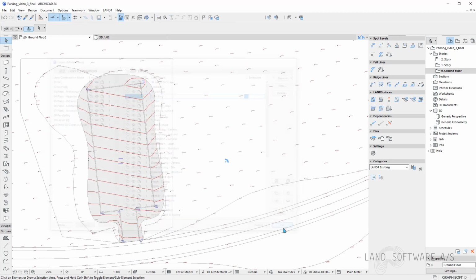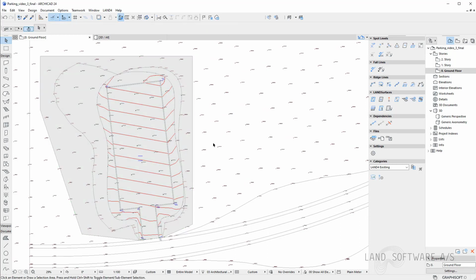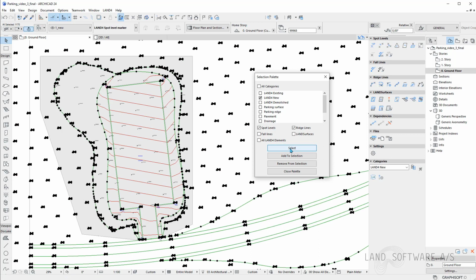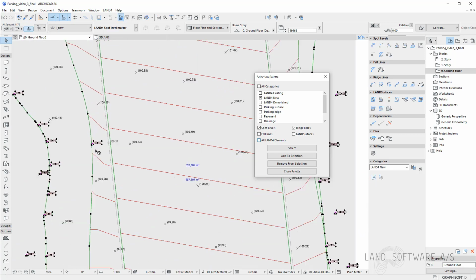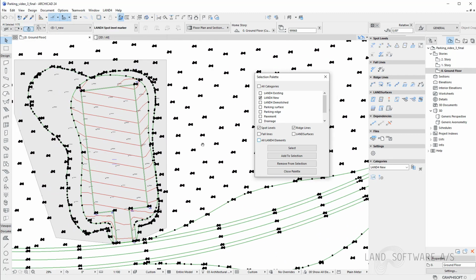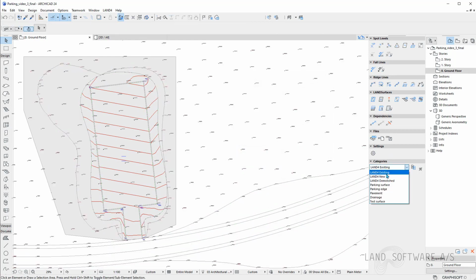So existing, I'm going to show it again. So now I have a couple of new features. I can use again the selection palette to show my objects in new. And now we can see before we had nothing within the area. Now we also have the ridgeline of the surface and of the pavement. So we will use that when constructing the terrain, the new terrain. So I will now do that.